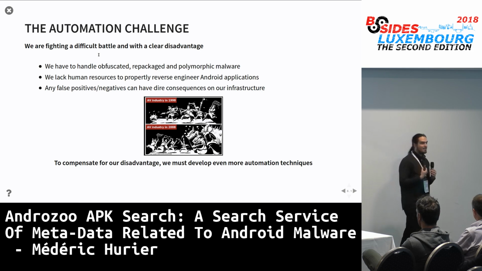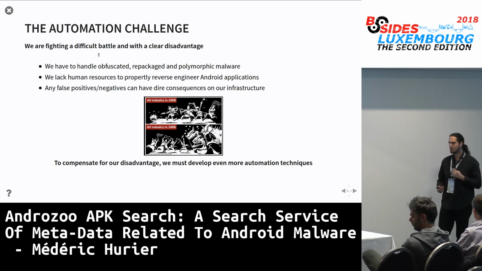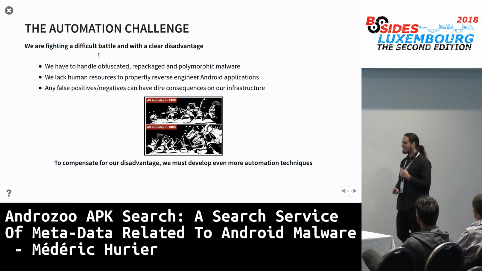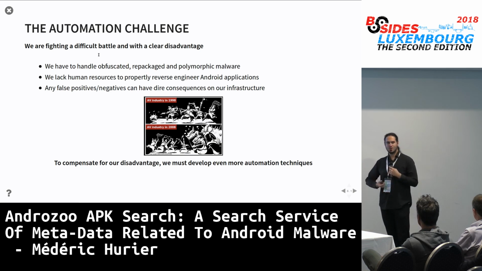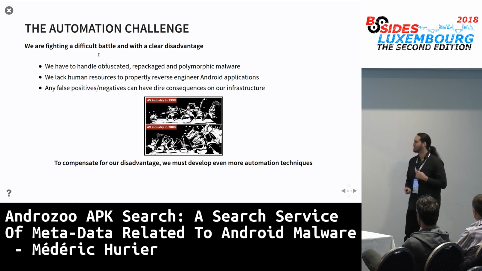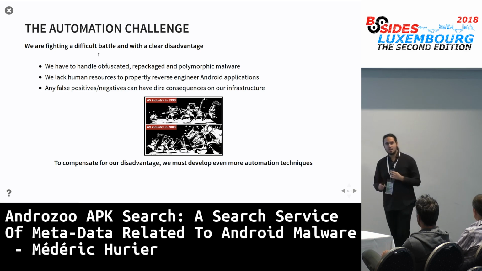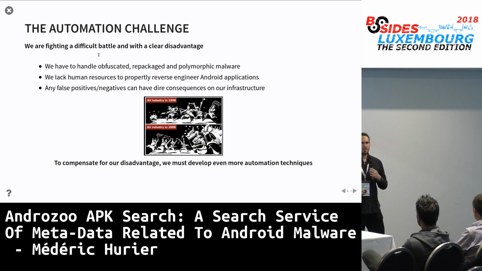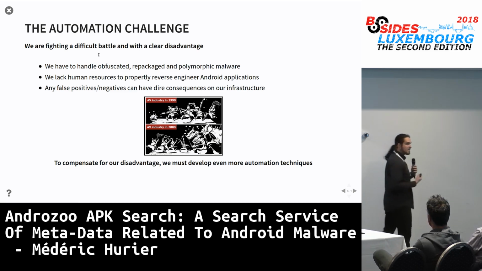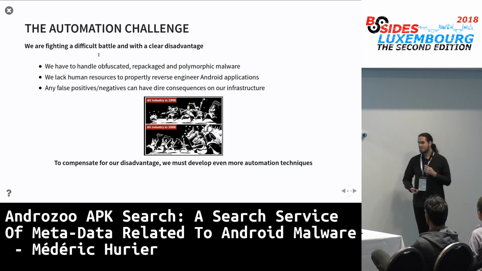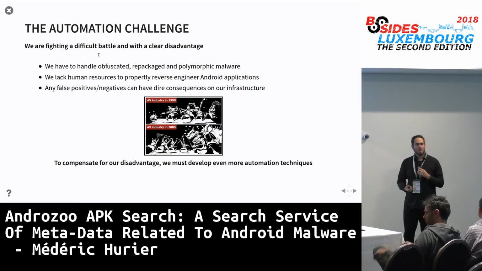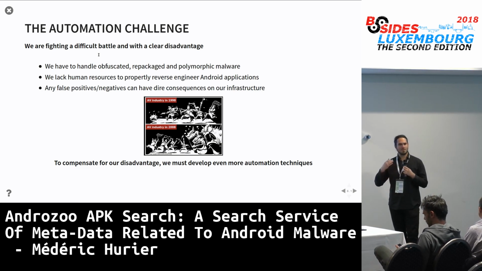On the other hand, we are lacking resources to analyze this amount of code. And it's more difficult for us to analyze because, with all the techniques they use to try to bypass our current security measures, we have no way to keep up with the current rate of propagation. And finally, and this is important, compared to other areas where machine learning can be used to automate this task, security is one of the most difficult ones. I'd compare it to the medical field. Like, if you are on Amazon and Amazon wants to recommend some product.